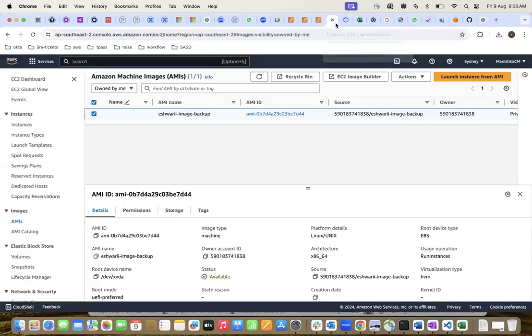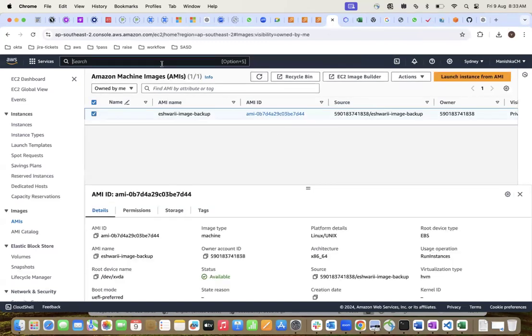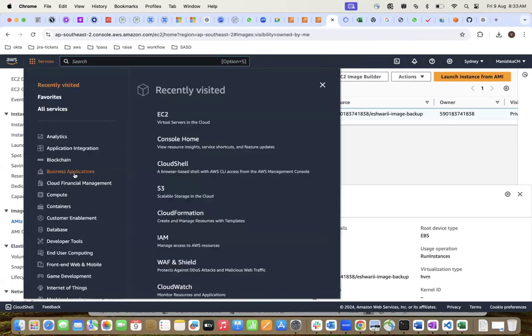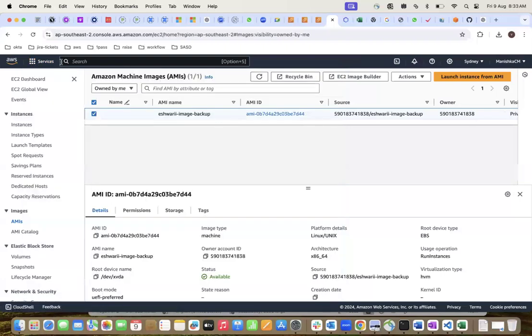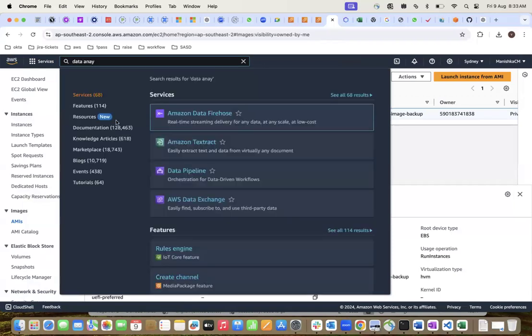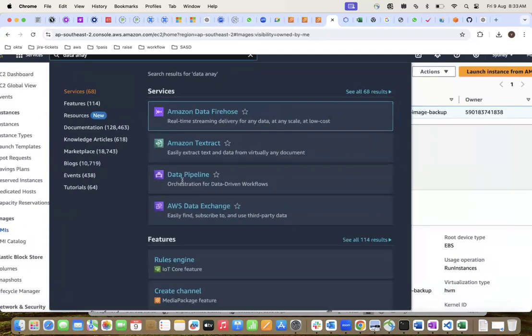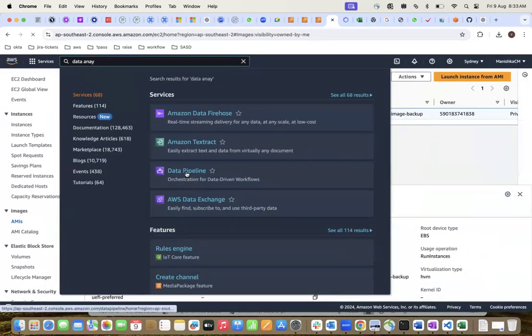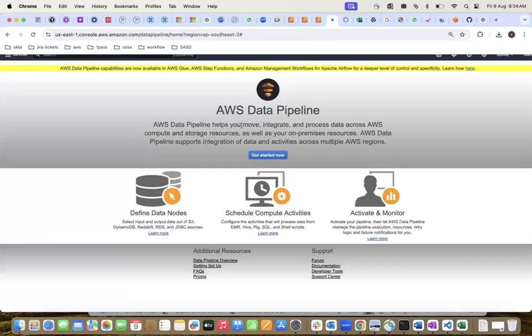Suppose in AWS, if you have it here, see, this is what we should achieve.